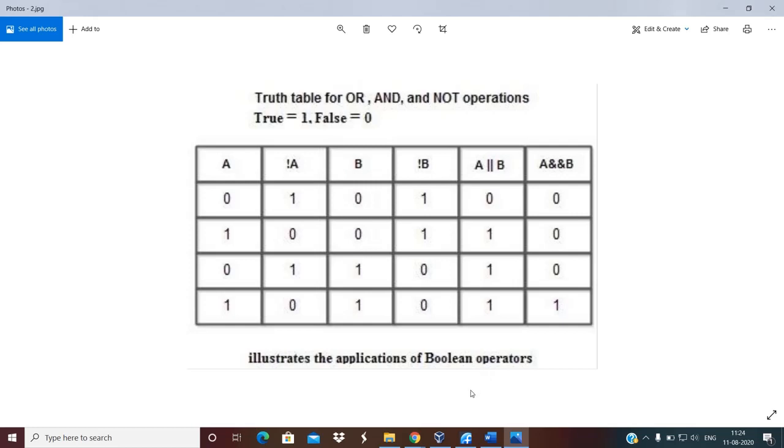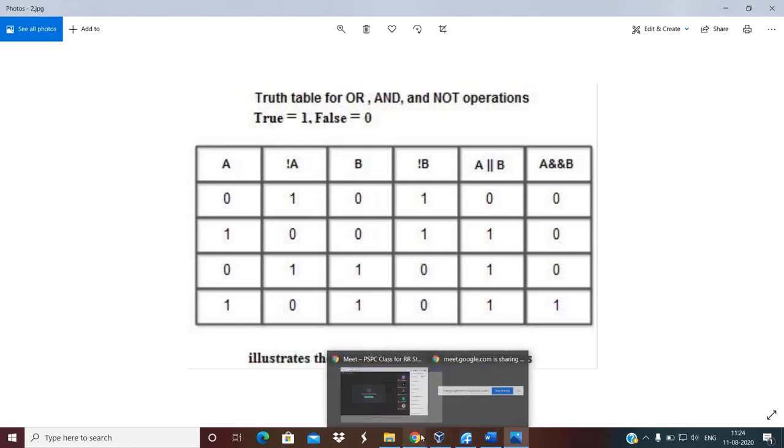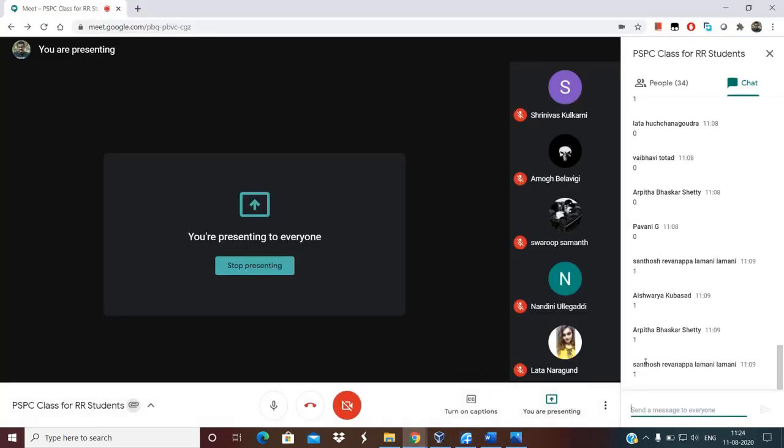I hope the differentiation between these logical operators is clear. If you have any doubts, you can put them in the chat section. I'll wait for a few seconds. Okay, I guess there are no doubts regarding this.